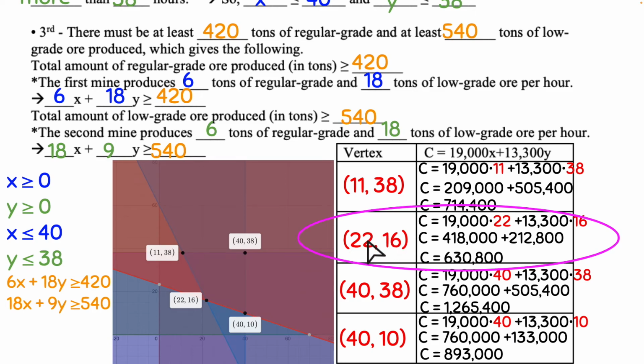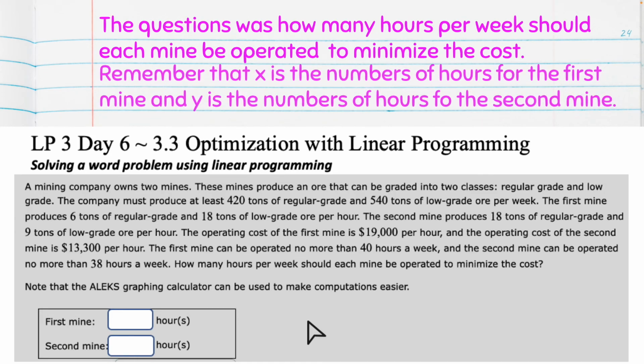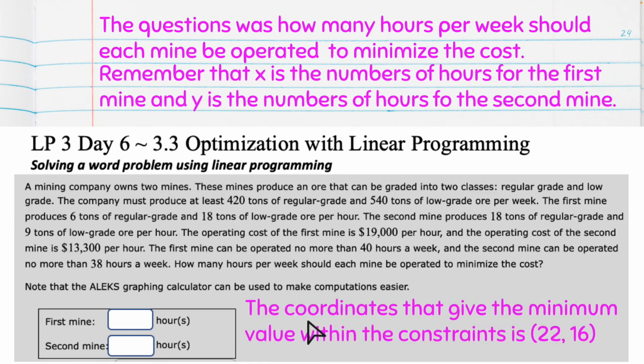So they are asking you to specifically go back and plug that in. So we can see it here. We can answer that question. So since it's 22 and 16, I have 22 and 16 for my hours. So make sure you go back and you answer the question correctly, because I know on one of the questions it just asks us for the minimum or the maximum, but this one's asking us what are the actual hours that they would operate. So first we identify which one is the minimum, and then